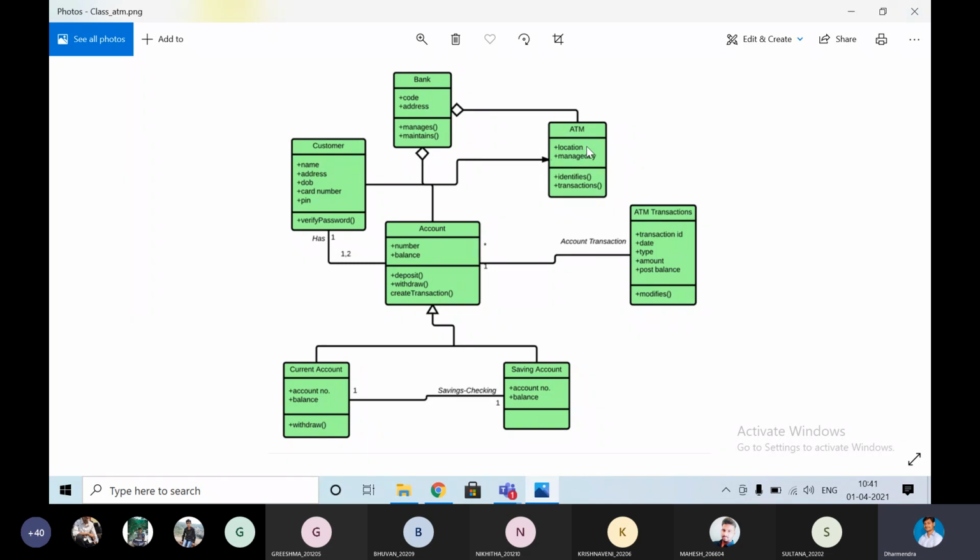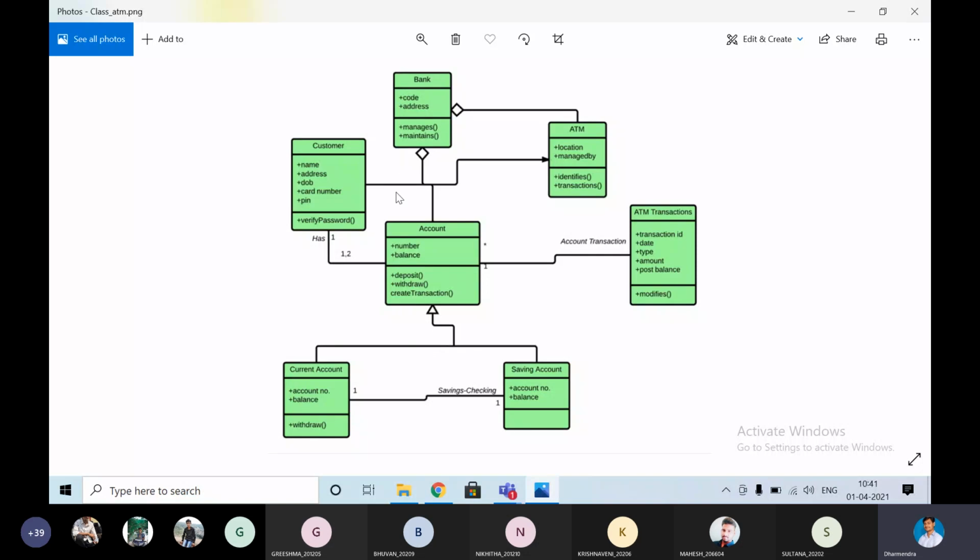Next, ATM related attributes: the place or location, that address, everything, some identity for that machine becomes attributes. The operations, the transactions, it will perform here. The transactions mean all deposit, withdrawal, transfer, all the operations can be available here at ATM. ATM is the part of bank. ATM is not depending on the bank. ATM is the part of the bank. That's why they kept the relationship here like this.